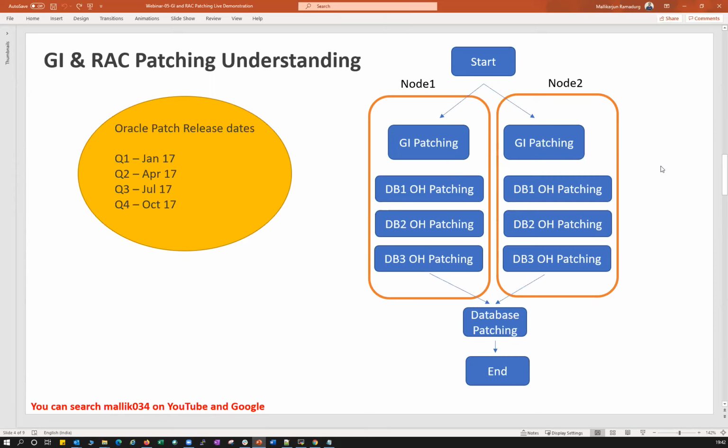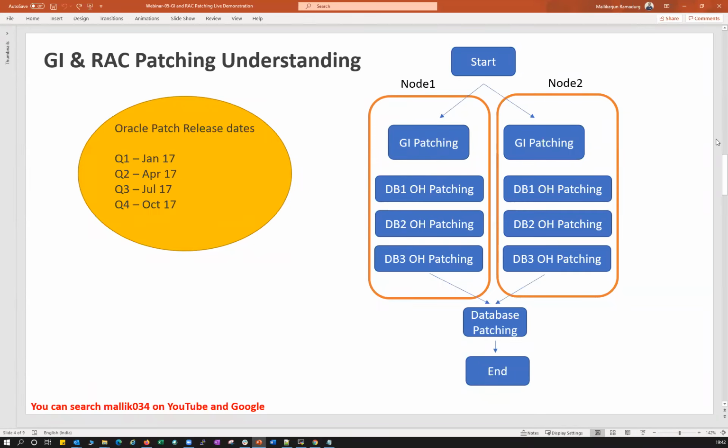Or if you want to patch 3 nodes and keep the fourth node alone until the end, you can. Or you want to patch the first node alone and the remaining 3 nodes in parallel, you can do it. Whatever order, there is no restriction on that. So if you want to patch a single node, you have to patch your GI home. And on that single node, if you are running 4 Oracle homes or 3 or 2, whatever Oracle homes are running, you have to patch all those Oracle homes.